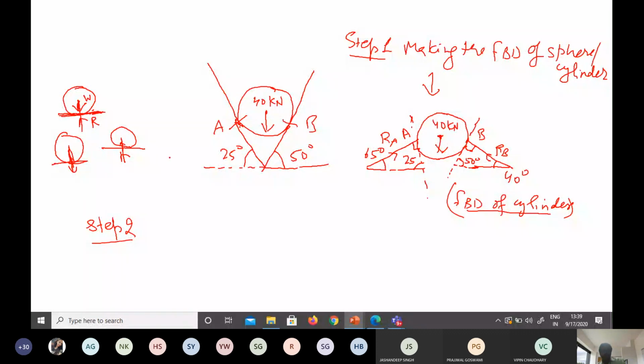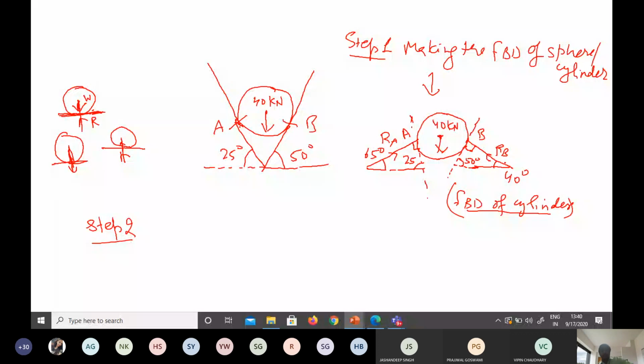If the surface is horizontal, the reaction will always be at 90 degrees. I just inclined the surface here. You can see this surface is like that or like that. I have just inclined the surface, but the reaction will always act at 90 degrees to the surface. Means between this cylinder and the wall, this is 90 degrees. Okay, this is the 90 degree reaction. This is again reaction RB at 90 degrees, and after that we get a right angle triangle. This is 90 degrees. This is 25. How much is left? 65. Same here. This is 90 degrees. This is 50 degrees. How much is left? 40 degrees.